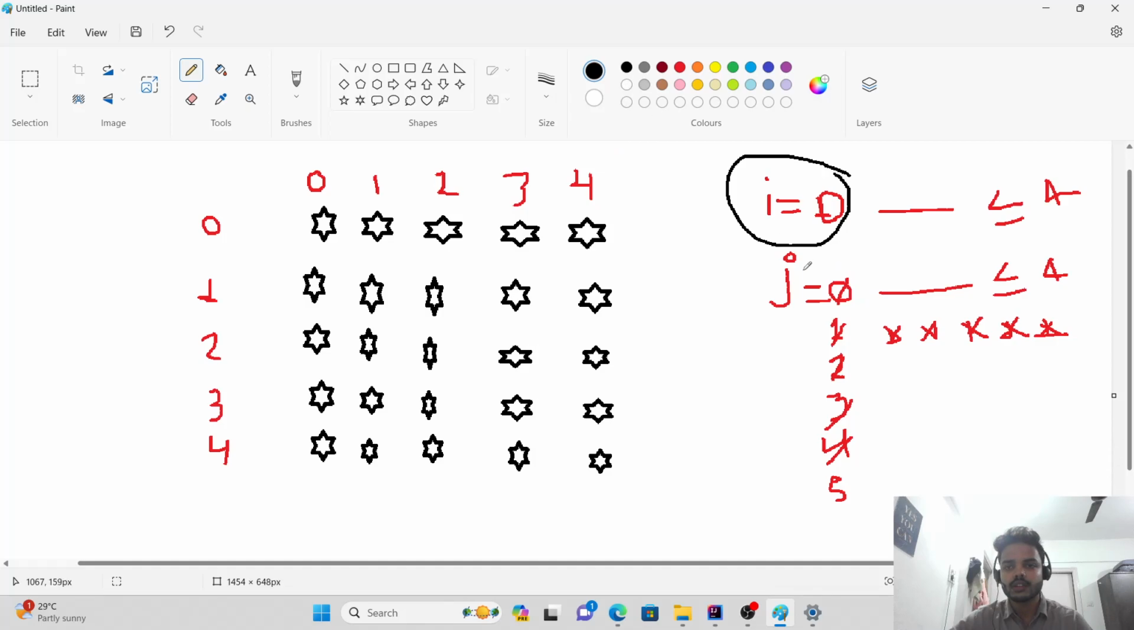this loop will be finished, right? Now what will be the next step? The next step will be that we need to iterate this i. Now i will be 1, and again j will be, let me erase the j value,